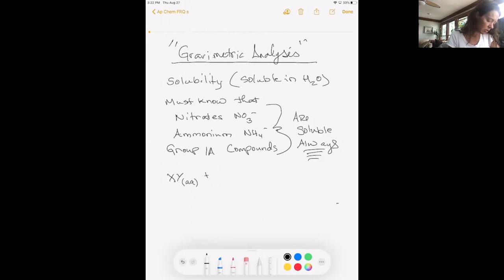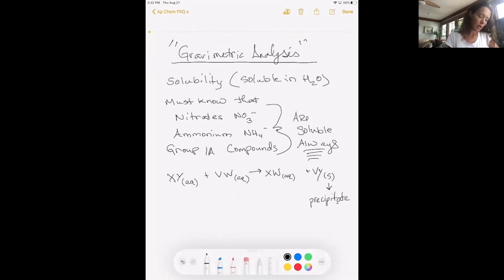Let's see, let's do VY, that is soluble, all right? And we would form, typically, XW, another compound that is itself soluble, and another compound that is insoluble, right? So we call that insoluble compound our precipitate,